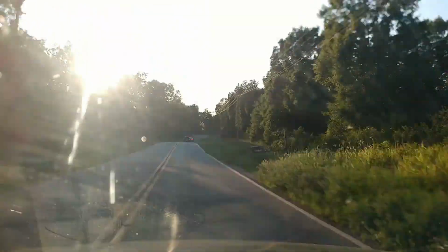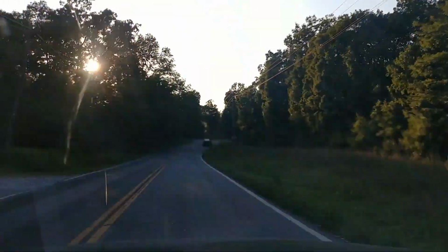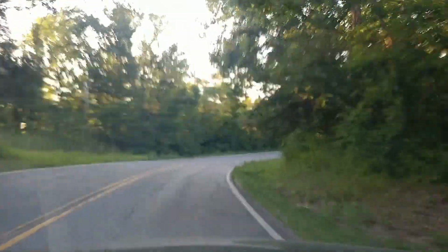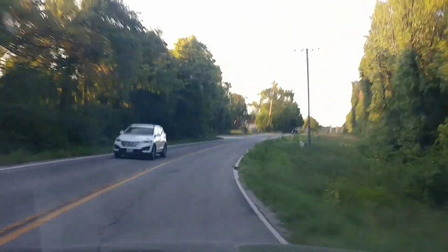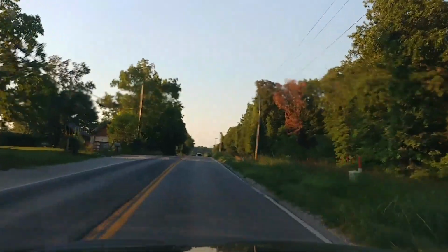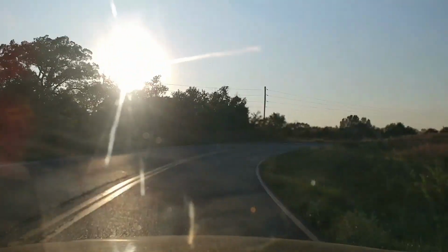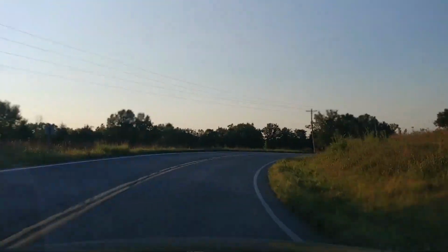Wow, that was the most elegant bump ever. I know, it was very nice. Okay, that is about the limit of this car's handling ability. The corners, just not feeling these corners. The oblique, like muscleness